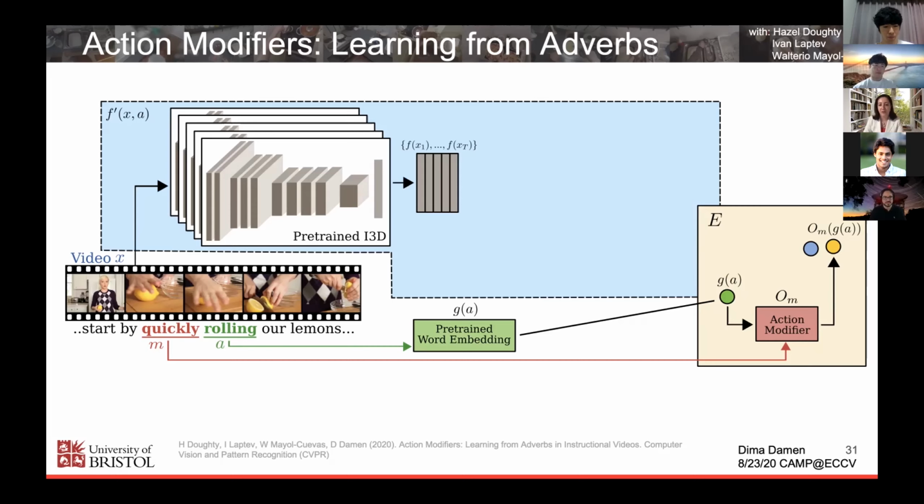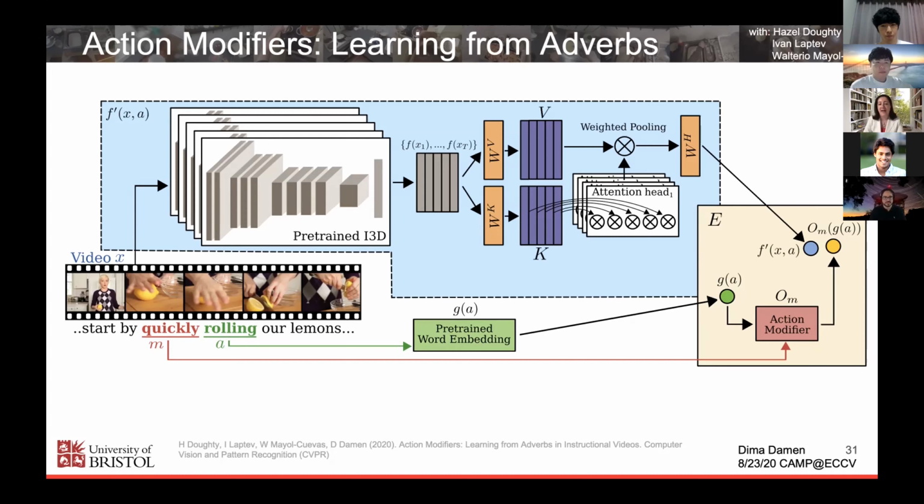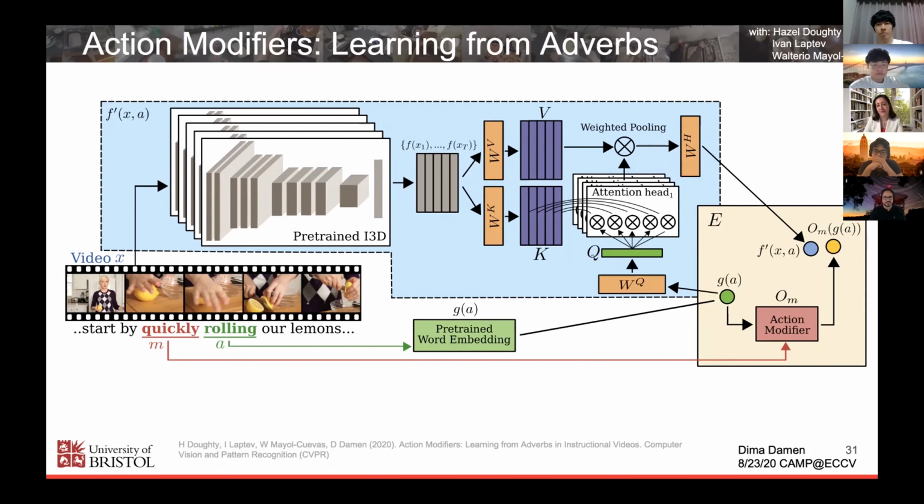And thus we are using the transformer, and the query for that transformer comes from the action. So the action is being used as the query in the transformer to find where in the video rolling happens, and then where that is, this is where it's being embedded close to rolling quickly. And this is trained jointly. The features are pre-extracted, but the attention as well as the embedding space is learned jointly.